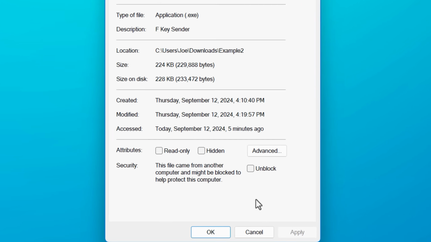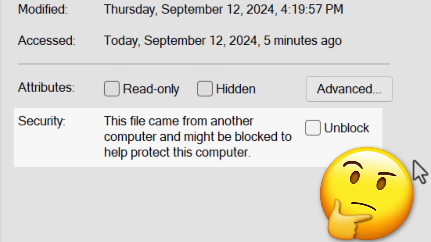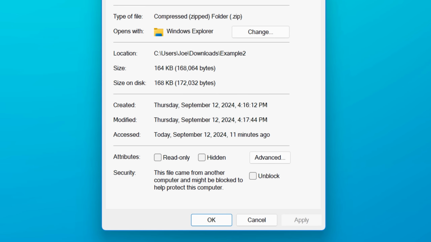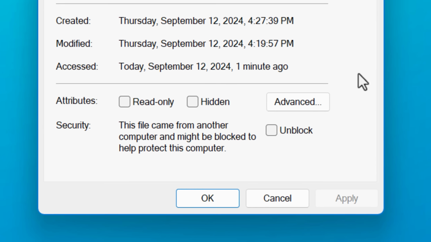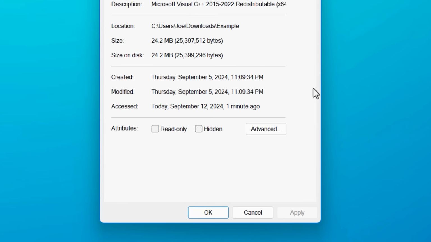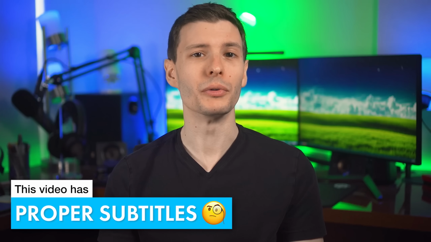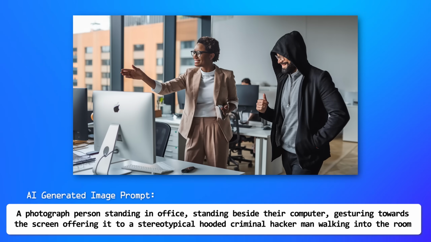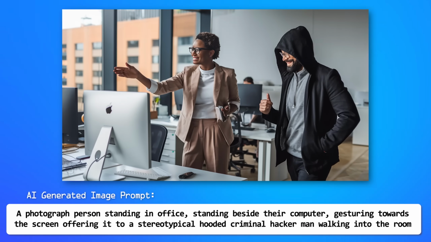Have you ever noticed this security checkbox in the properties of a file you downloaded from the internet? You might be surprised to know that every file you download will show this unblock option, even image files. But not every file on your computer will show this, even files you had downloaded at some point. And it's actually important to know about all this because some programs like 7-Zip have default settings that remove this security feature by default for files, leaving you vulnerable, which I'll go over.